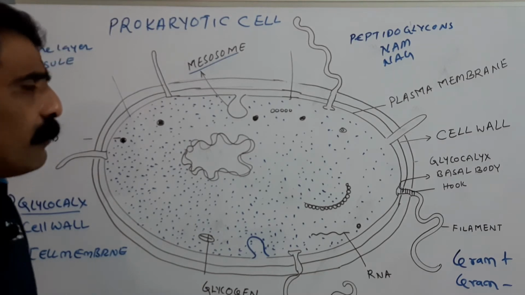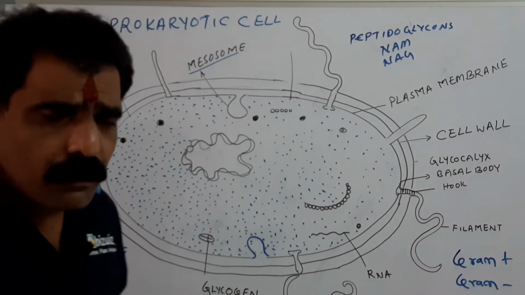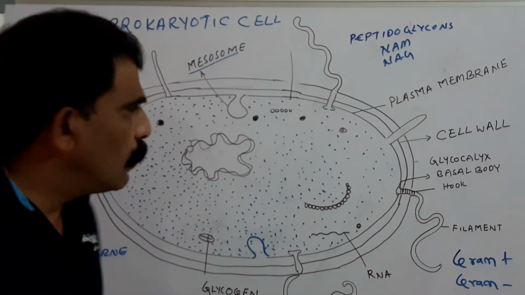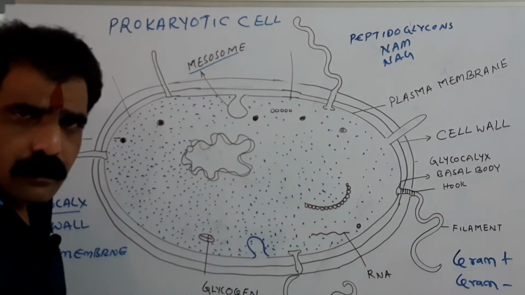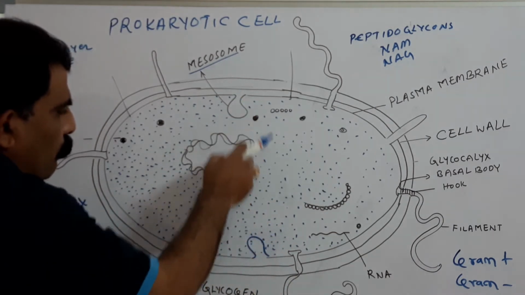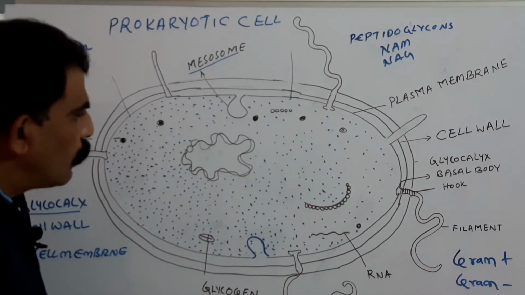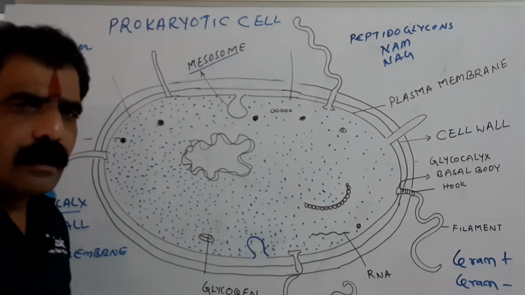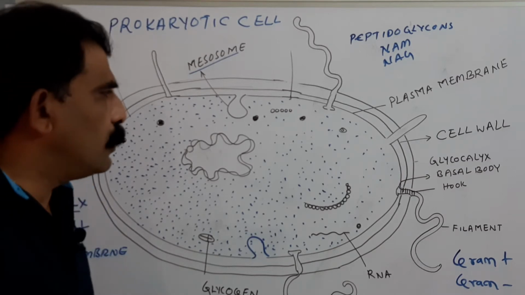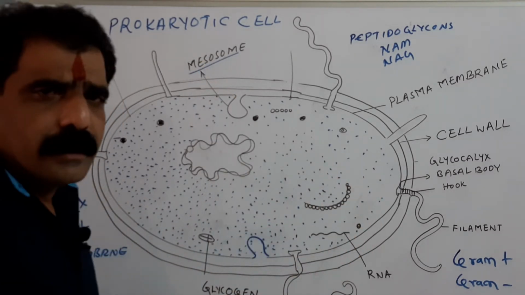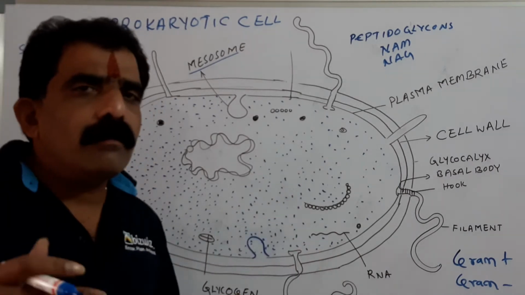These mesosomes are involved in various functions. For instance, in bacteria the common mode of reproduction is binary fission. At the time of binary fission, bacteria divide, resulting in the formation of two daughter cells. For that, mesosomes help. Two mesosomes are formed opposite to one another and they invade the center, cleaving the cytoplasm into two compartments. By that time, the DNA also replicates, resulting in the formation of two daughter DNAs that are equally distributed. Later, the cell wall is laid down, and two daughter cells result. So mesosomes are involved in binary fission, that is reproduction.